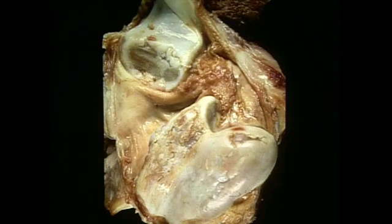OCD causes severe lameness and is thought to be perhaps the result of copper deficiency. It's typically seen in the young, fast-growing horse, and again associated with severe lameness. On cut section it becomes evident that the basic change is associated with the subarticular cartilage epiphysis, which undergoes necrosis and clefting,